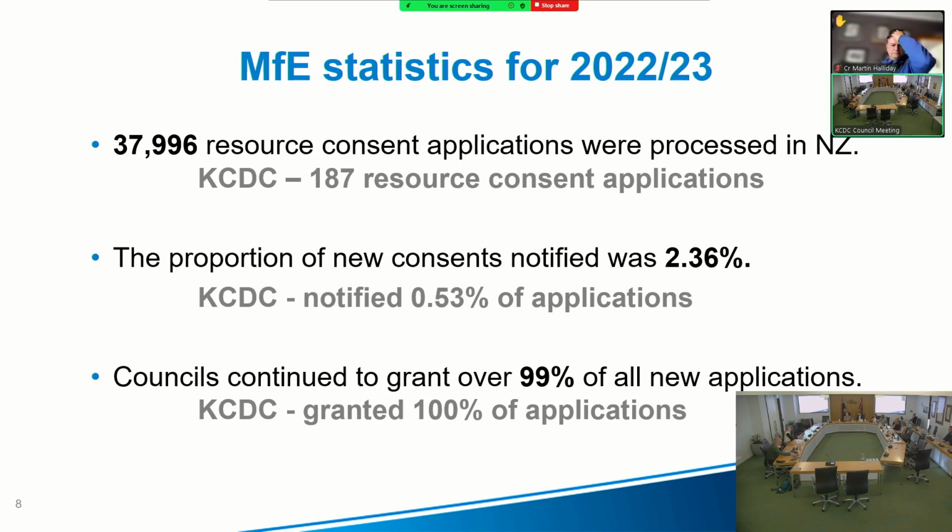Bede, I guess, is next. Yes, okay, cool. Just a couple of questions. So you've mentioned judicial reviews, and I guess they're sort of always in the front of your mind in terms of where things might go and where the boundaries are. How often are judicial reviews happening? And like, if you look across the last couple of years, how many have we had? One. Do we know of one?